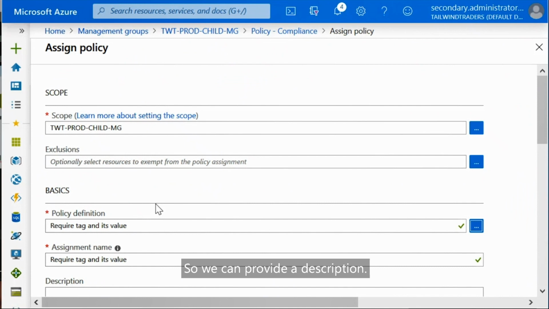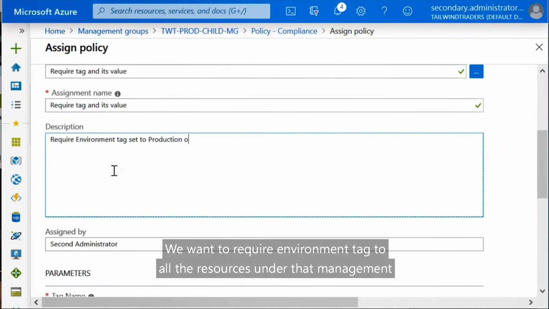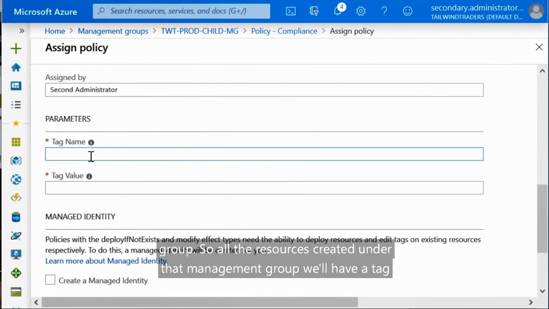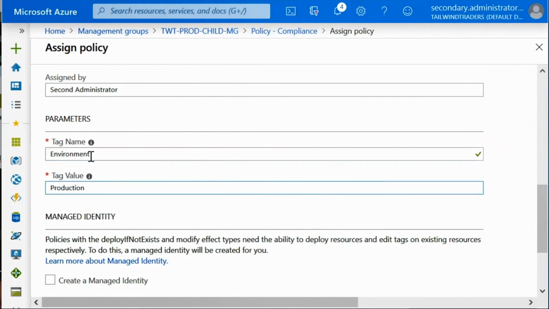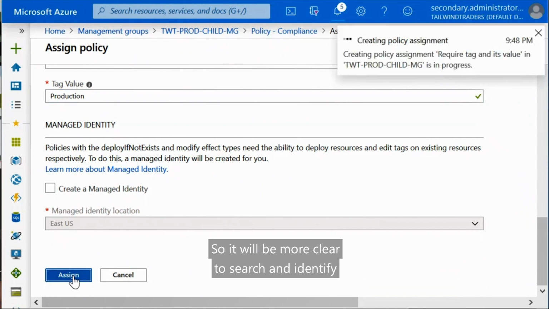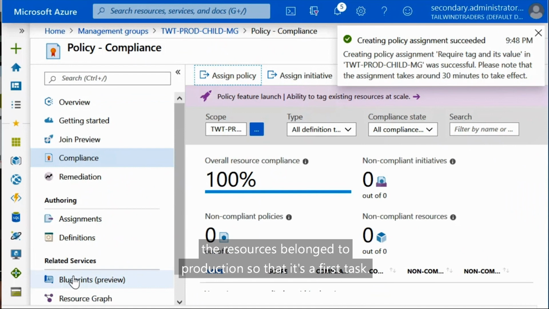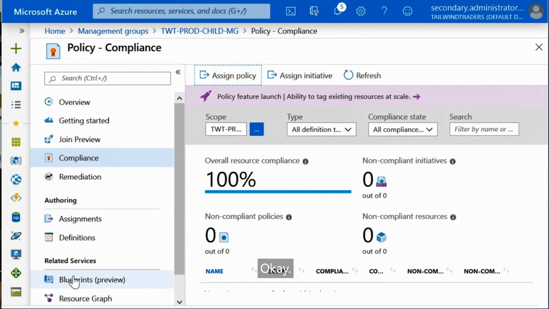We can provide a description. We want to require an environment tag on all the resources under that management group. So all the resources created under that management group will have a tag, and the value is production. So it will be clearer to search and identify the resources that belong to production. So that is the first task.